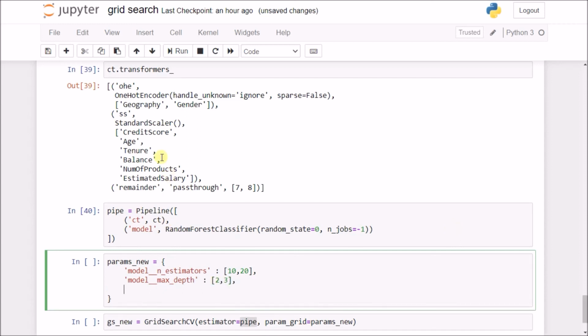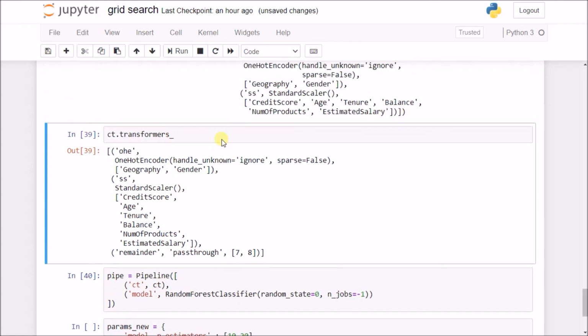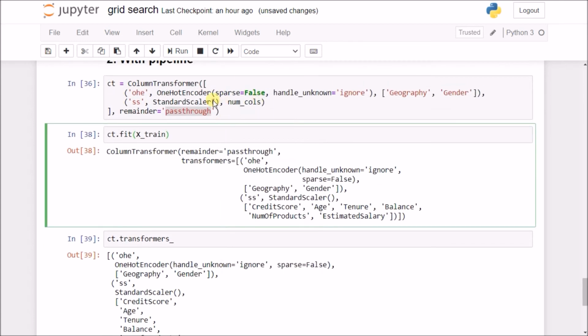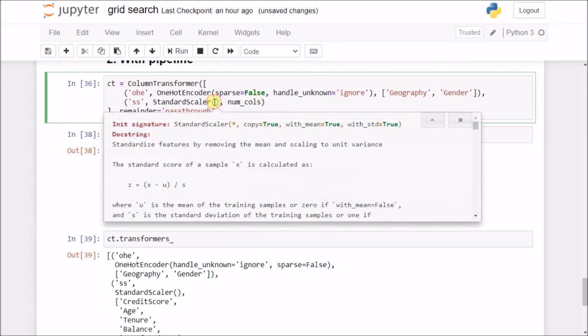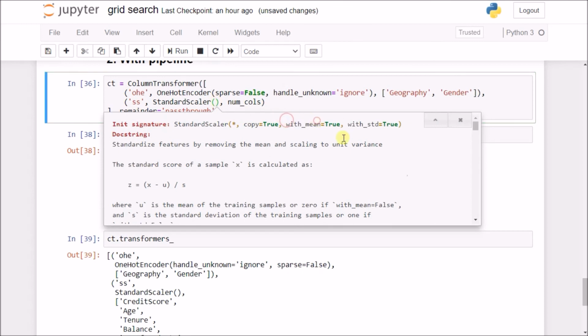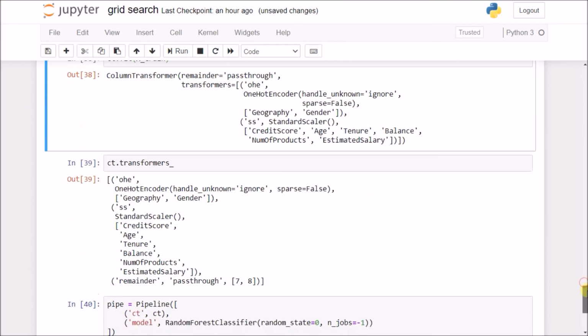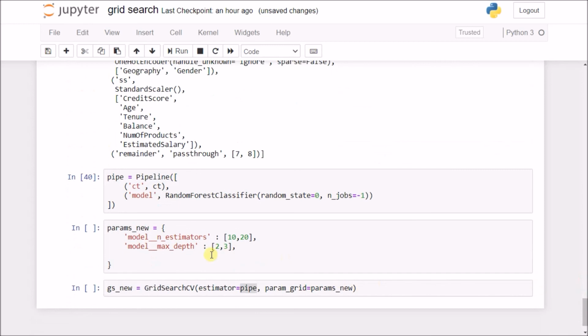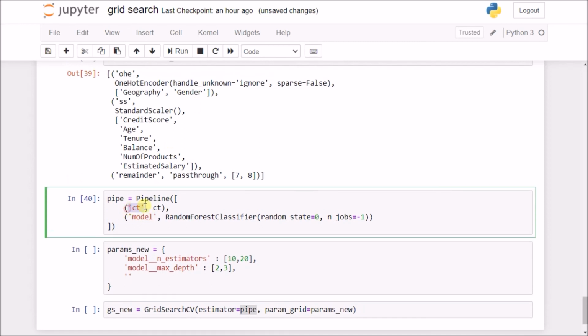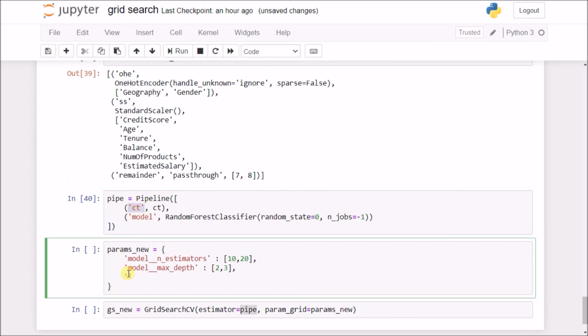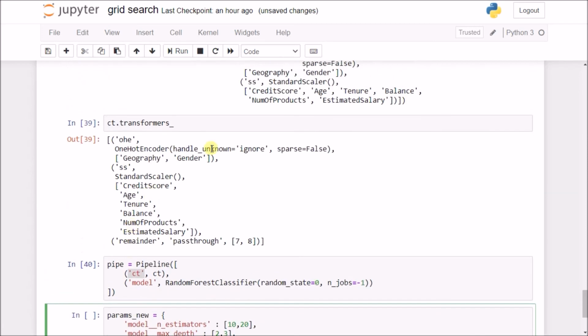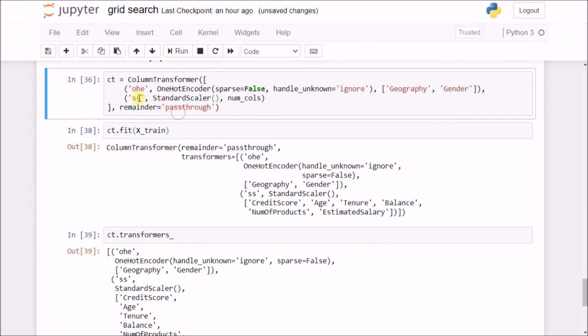And just for fun, I'll also change the standard scaler. So in the standard scaler, I'll use with_mean equal to True and False, both of those conditions, to see which one is working best for my data set. In order to go to the standard scaler, I need to first go into the CT object in this pipeline. So I'll say ct double underscore, then the standard scaler is in the SS, right?